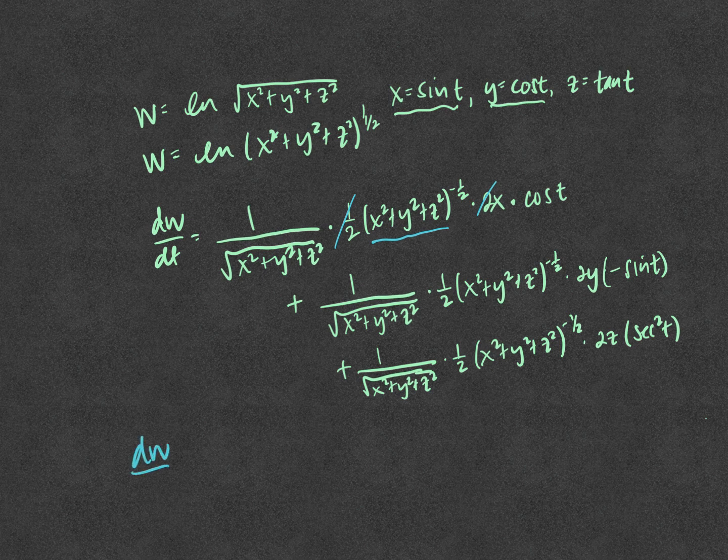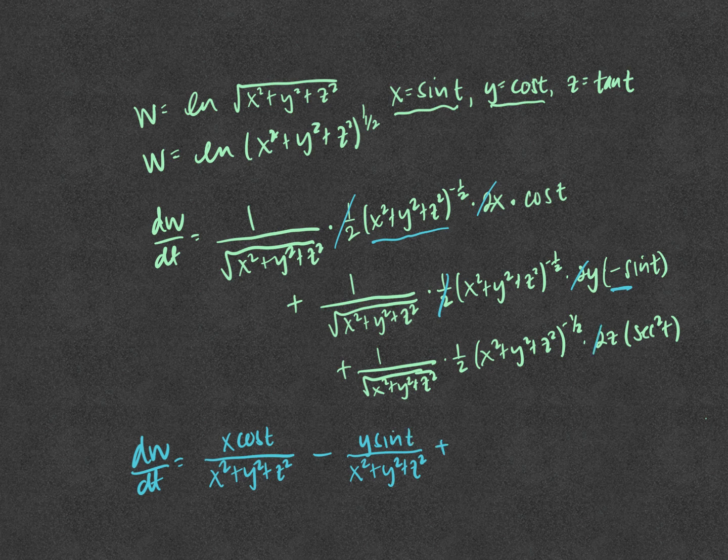So let's say dw over dt equals, the denominator becomes x squared plus y squared plus z squared. And on the top, on this one, we have x cosine of t. And then we have a minus on the next one way over here. So the 2 and the 1/2 cancel. And the denominator again is x squared plus y squared plus z squared. And the numerator will be y times sine. So we have y sine of t